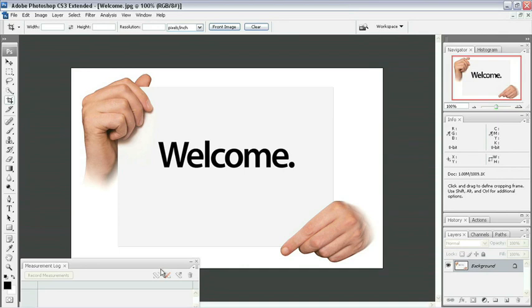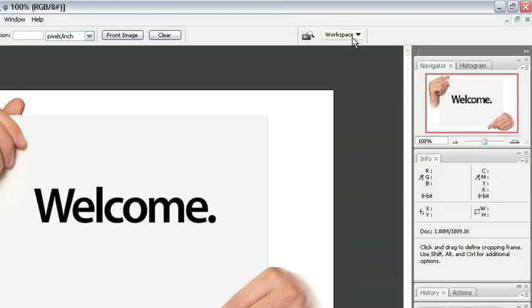Alright, so now what we've done is we've seen how to jump using this nice little quick jump menu up here in the options bar. We've seen how to jump into alternate workspaces, but how about if we wanted to create our own workspace here inside of Photoshop? This is something that I find myself doing a lot for specific tasks when I'm working inside of Photoshop. If I'm processing a specific type of image, or if I'm working on a specific type of project